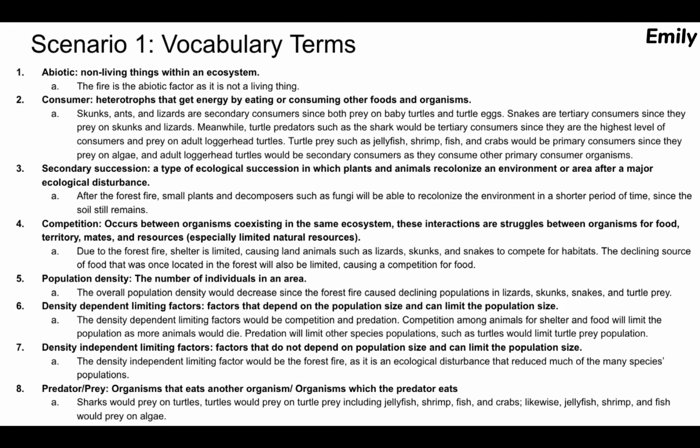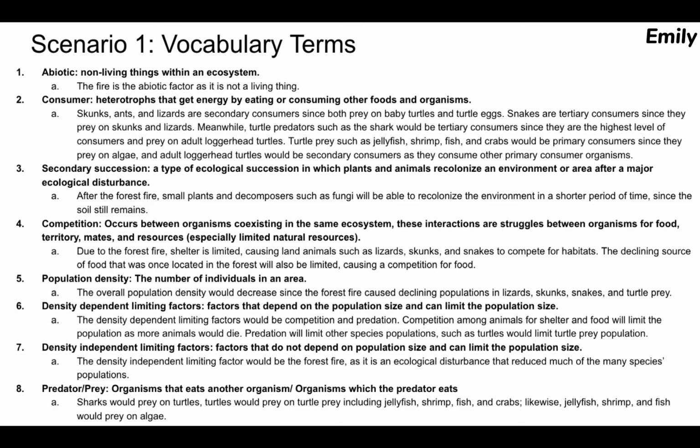In this case, the major ecological disturbance is the forest fire, so after the forest fire, small plants and decomposers such as fungi will be able to recolonize the environment, and in a shorter period of time since the soil still remains. The next term is competition, which occurs between organisms coexisting in the same ecosystem,